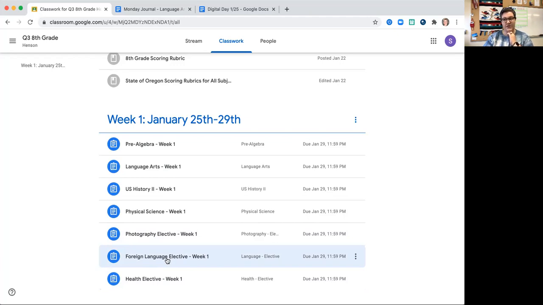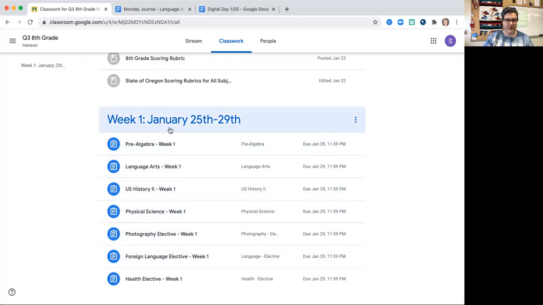So if you are in distance learning, it is possible for you to do photography, but I won't have extra cameras to be able to loan out. So keep that in mind when you're deciding. You will need to have something to be able to take pictures with, and a phone can work. So if you are wondering if your materials at home will work, let me know if you're really wanting to do photography. But those of you who would like to do foreign language, just let me know.